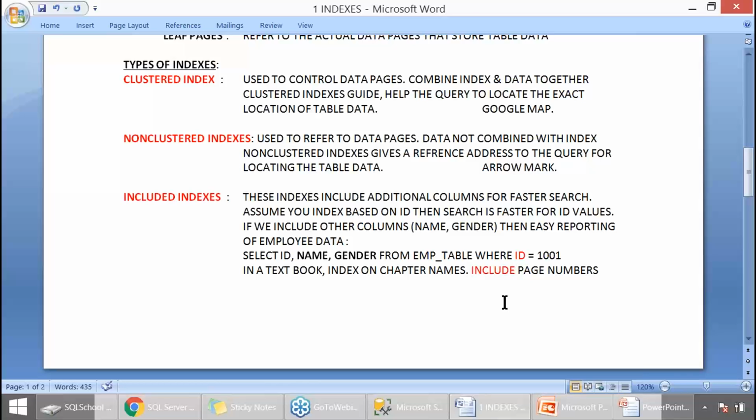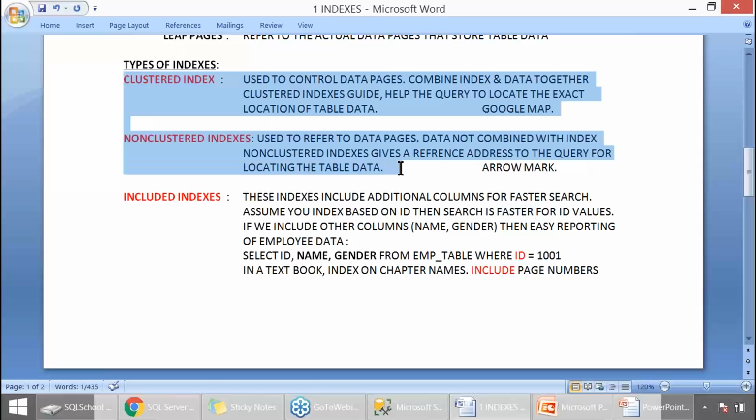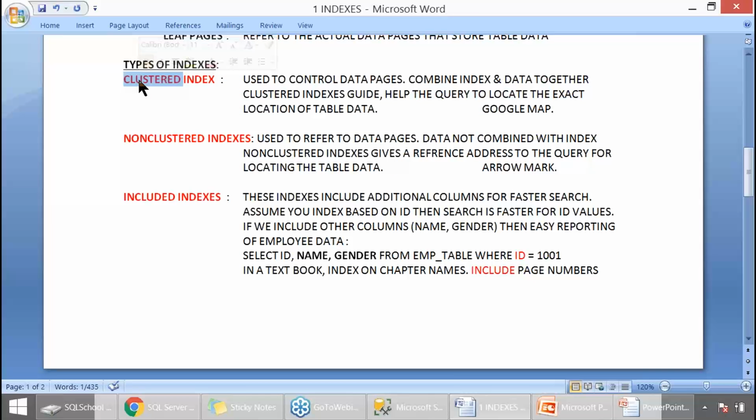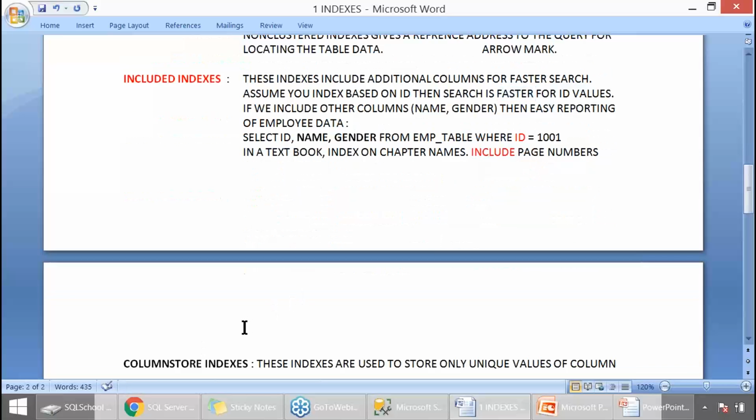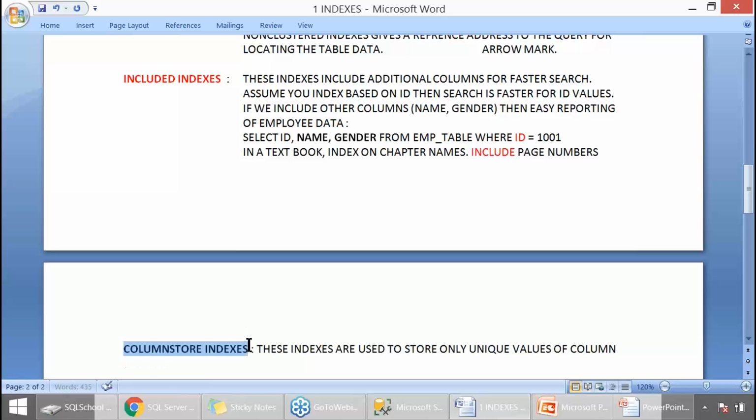There is a default index behavior. When you go for an included index, it is easier and faster. I repeat, clustered and non-clustered indexes are mainly for easier search. Undoubtedly, the clustered index is better and more useful. If I say included index, it is not only easier, but even faster. We are going to practice this in the next few minutes. Then we have the column store index. Important.